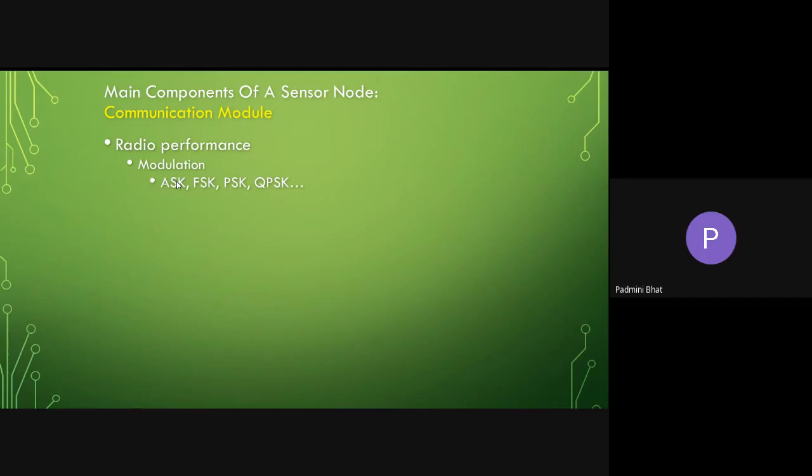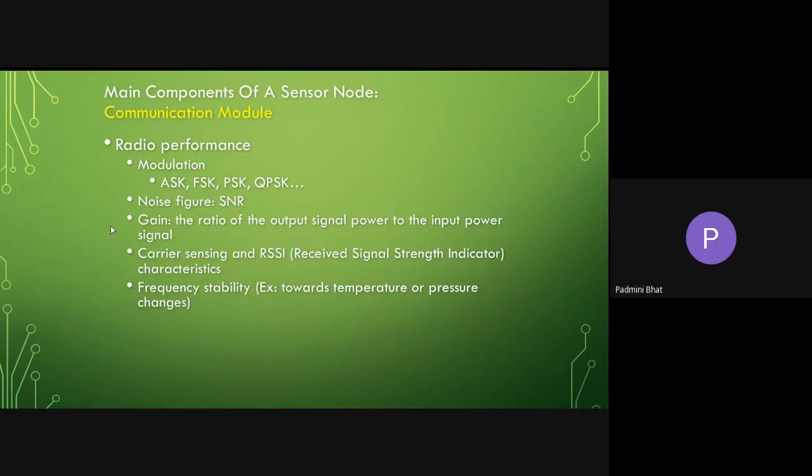So I don't have complexity. If the complexity is not there, the compactness of the node increases. If the circuit becomes complex, the compactness becomes less, and so does power consumption. If it is a less complex circuit, power consumption is less. So we only need to bother about which type of modulation we look for.